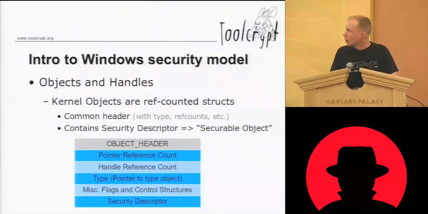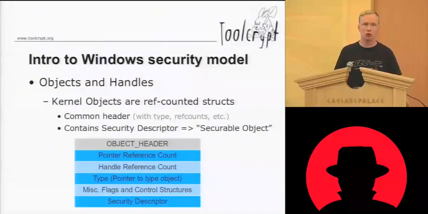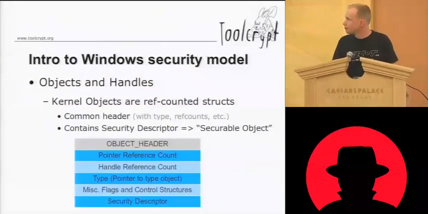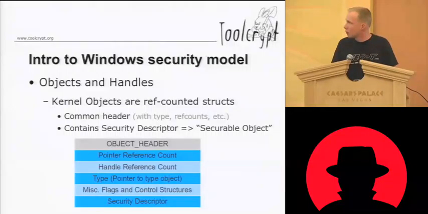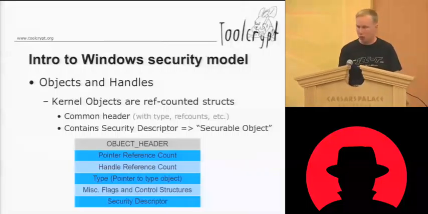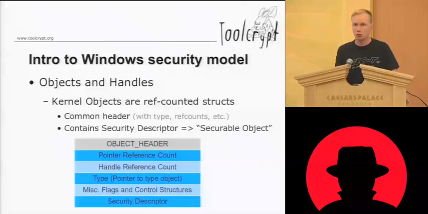And these live in the kernel, so they're not accessible to user-land applications, of course, because they could be manipulated. A kernel object, basically, I'm going to skip through this because I think it's mostly obvious to the people who actually are here today. Most of them contain a security descriptor that controls the access to the actual system resource